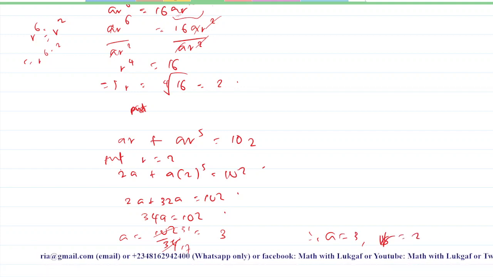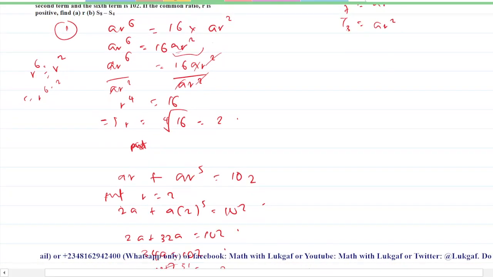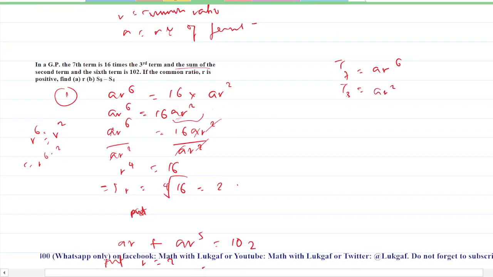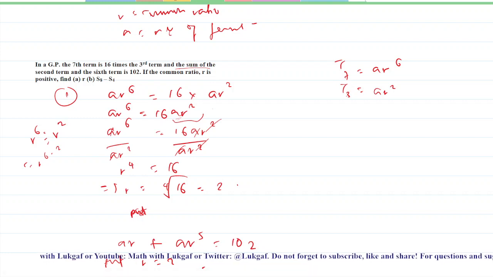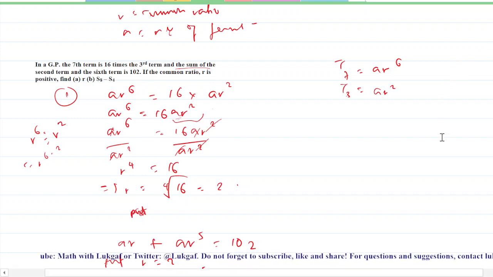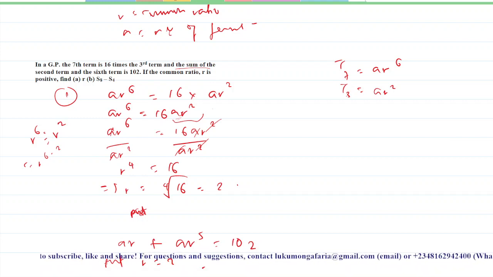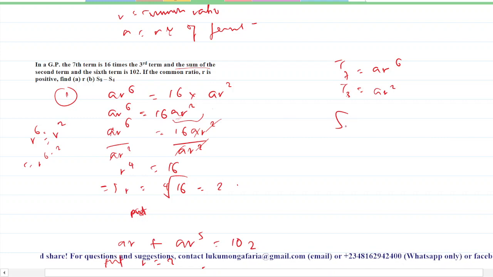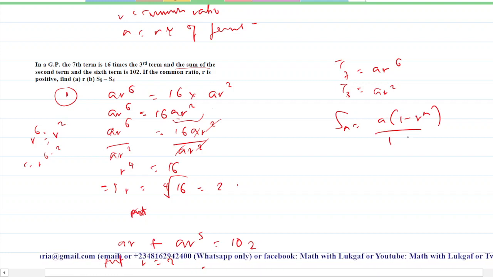But that's not the question. So what are we asked to do? Go back to the question. The question asks to find the common ratio R, which we've done. You understand now? So now the question continues. If the common ratio is positive, because I gave you two formulas for the sum. Your sum is what? It can be A into 1 minus R raised by N divided by 1 minus R